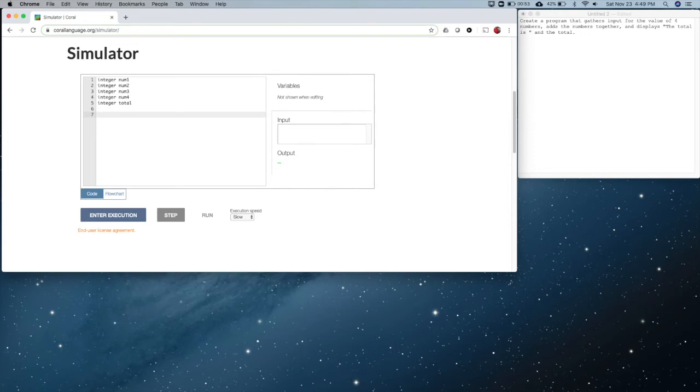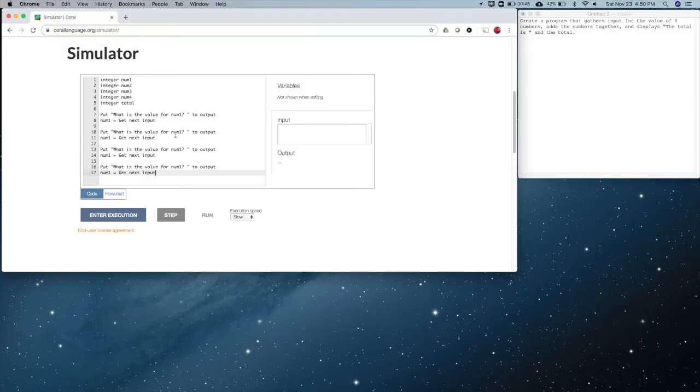Okay, the next thing we're going to do is display a little note for our user so that we're asking them what to input. We use the put keyword. What is the value for num1? Number 2, output. And then we're going to say num1 equals get next input. This is the phrase that we use to get the next input off of the input queue. Okay? So I am going to do this exact same thing 4 times,